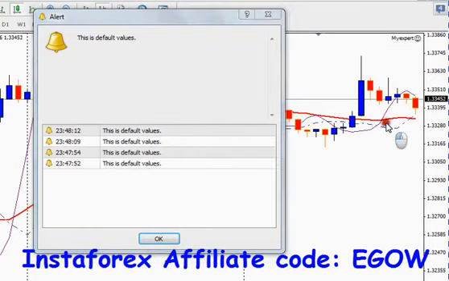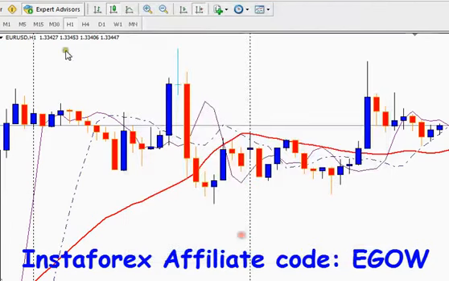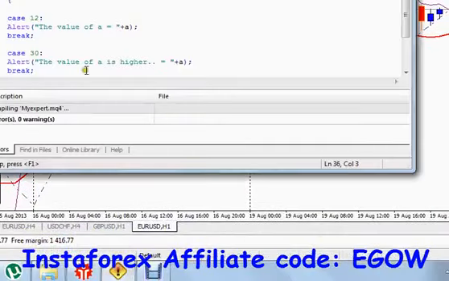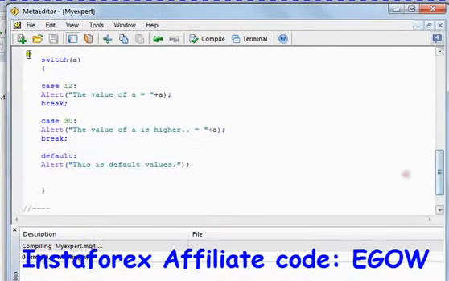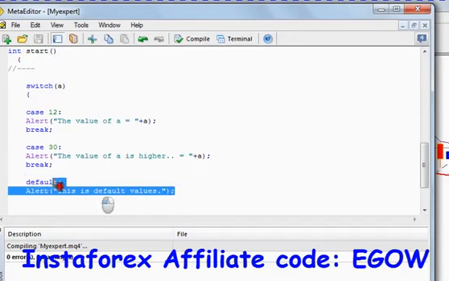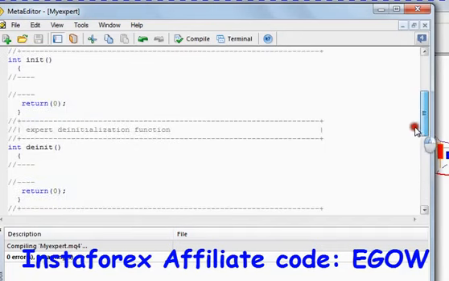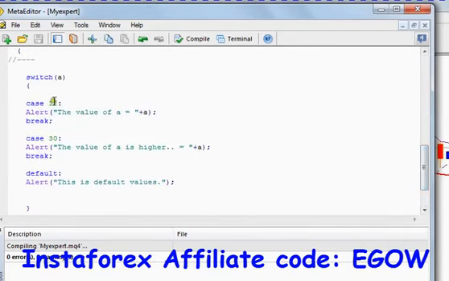So here you can see when a new tick arrives, it gets executed, and it shows us that the value of a was neither 12 nor 30, but it was something else, and that's why it executed this piece of code, because a was 23 and we made cases only for 12 and 30. If we change this value to 23 and then execute this code,